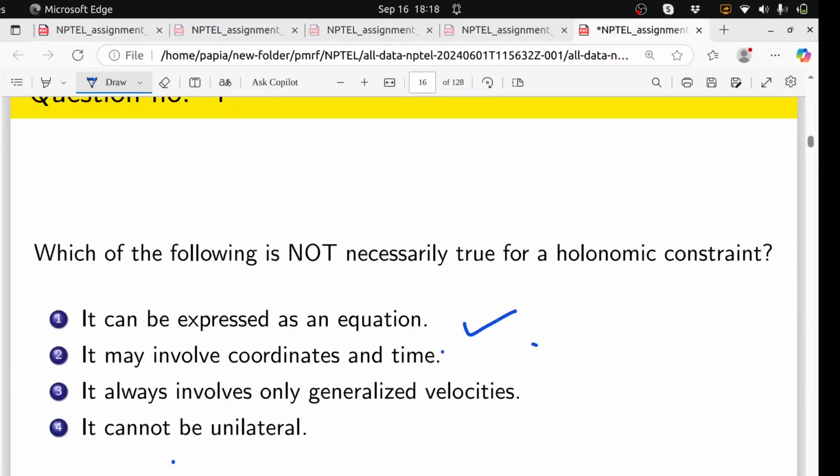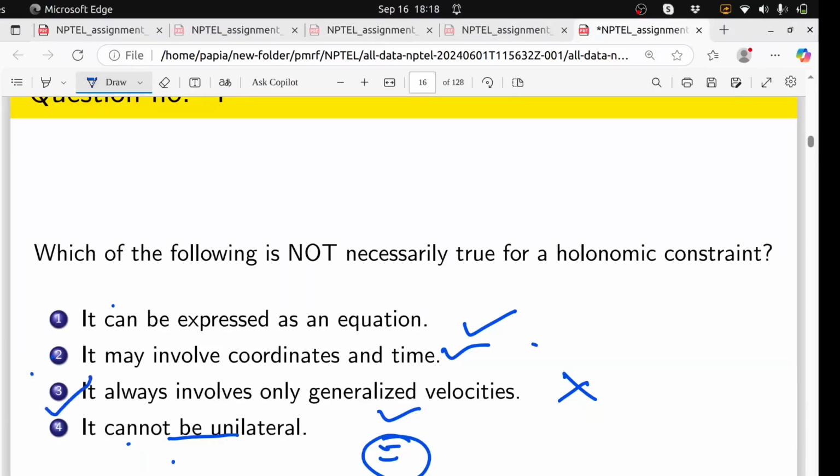It may involve coordinates and time. Yes, it's true. It always involves only generalized coordinate velocities. No, it is not true. It can be unilateral? It cannot be unilateral, because there is always just an equal sign. Okay, so that is also true. That means which one is not correct? Not necessarily true means that it always